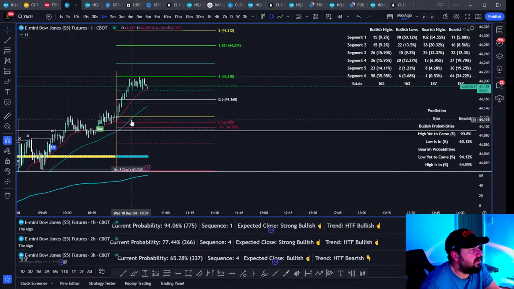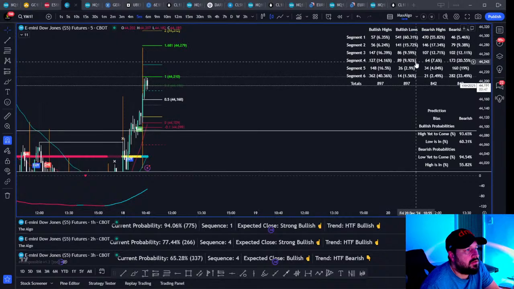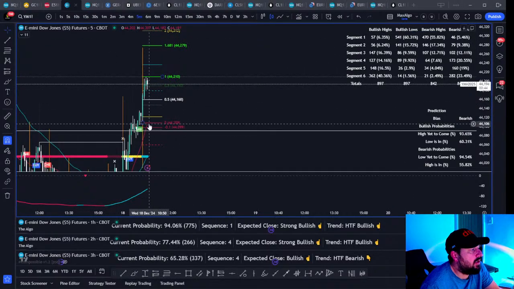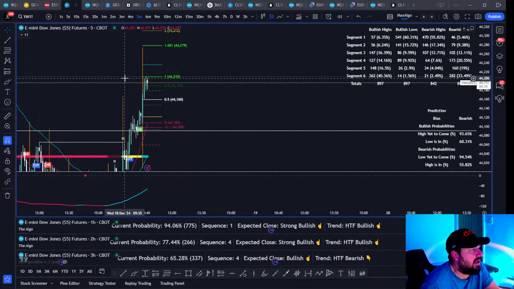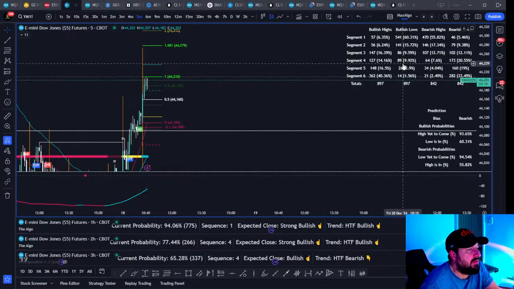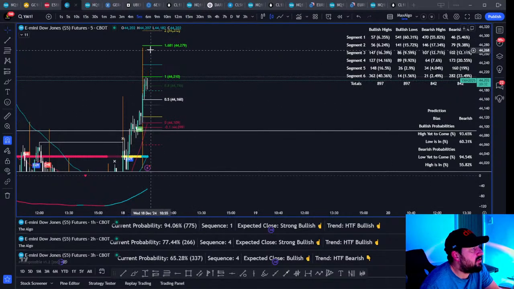So we've done our first 10 minutes, right? We've taken the high in the first 10 minutes. So if we're bullish, we can see that 60% of the time, our low is in the first 10 minutes. Because we've just swept that high there, that means that it cannot be. So we've got a nice advantage that this is our low. So it's an early signal.